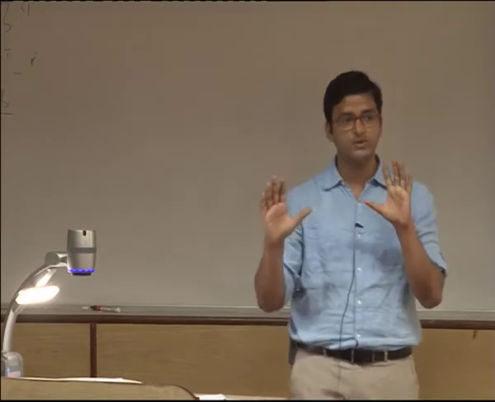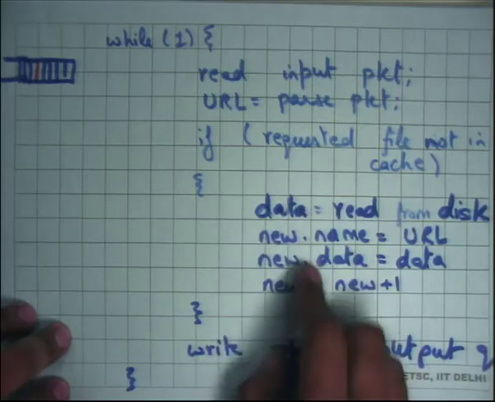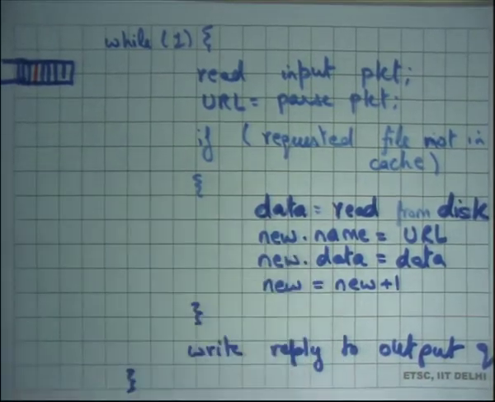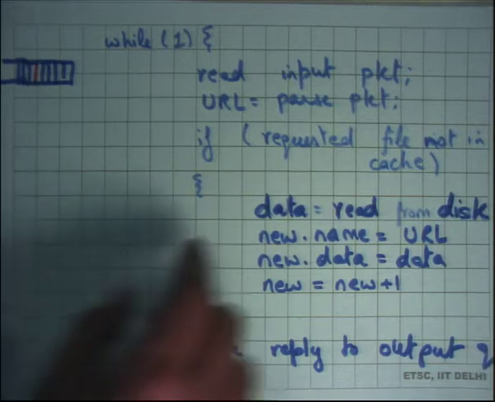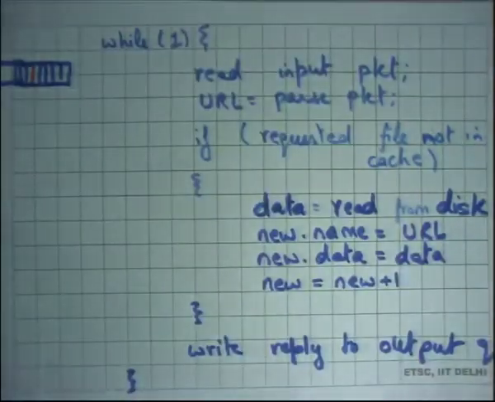So once again, the solution that has been proposed is, if the requested file is not in the cache, don't do all this in the context of the current thread, spawn a new thread, right, and let that thread wait on the disk, and I can go forward and pick up the next request, right. So basically we are talking about some kind of multi-threading, and the question is how many. So one option is to do it on demand. Every time you get something like this, spawn a new thread, as soon as it finishes, join it, or terminate it, and so you can do it in that way, right?